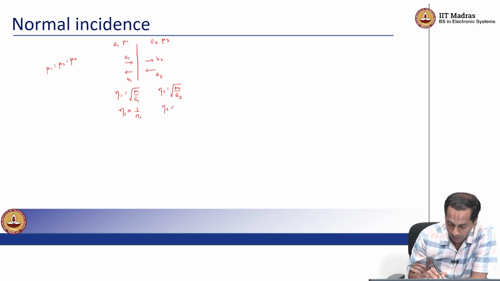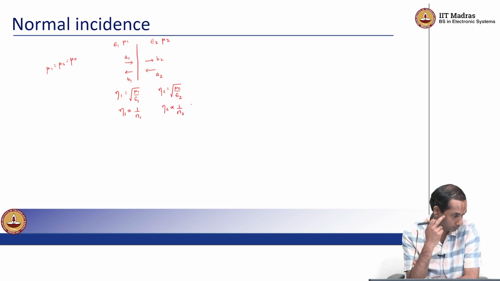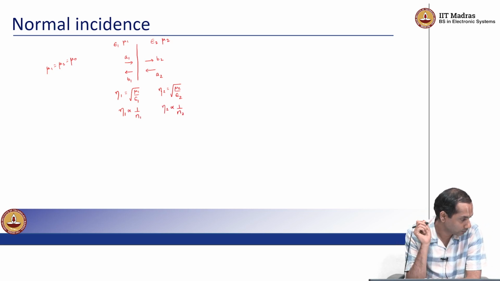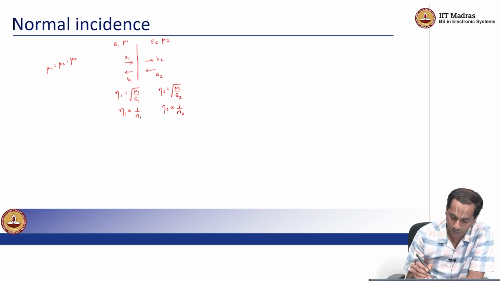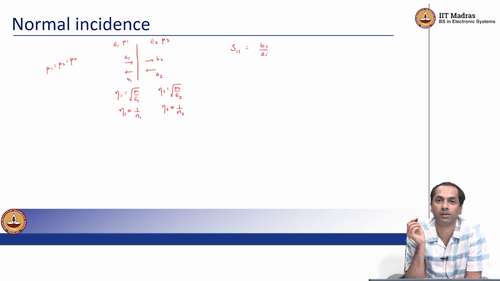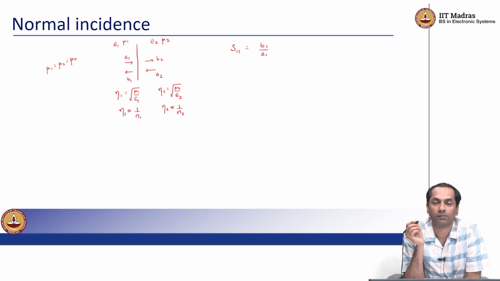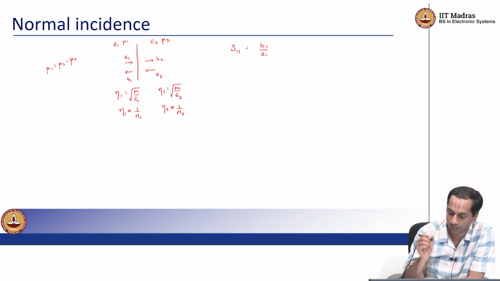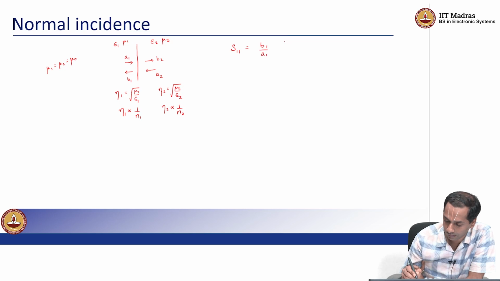Eta 2 is proportional to 1 over n2. Okay. So S11 is essentially B1 by A1, right? And this we said was